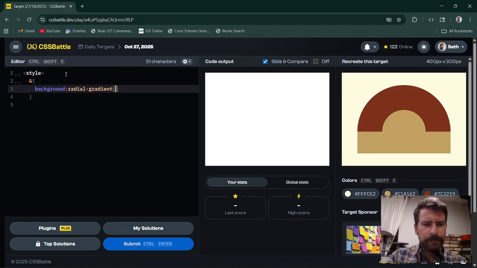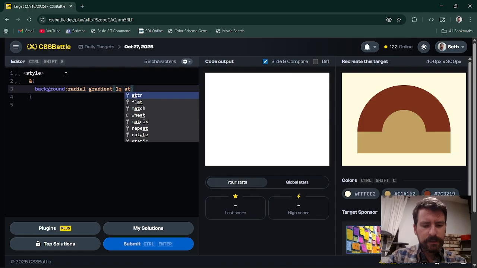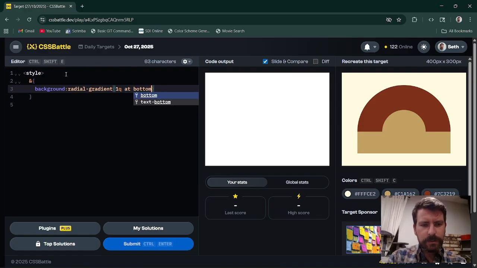Radial gradient, right? And 1Q. We're actually going to use the at. It's either at bottom, right, which is 6 characters, or 50%, 100%, which is 7 characters. So let's use the keyword for at bottom. That determines where the center point of the gradient is for our image, and then we'll position it afterwards. Although,